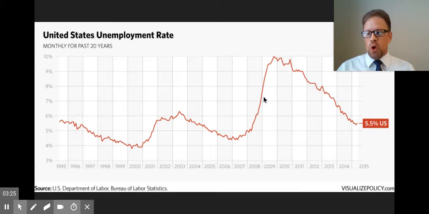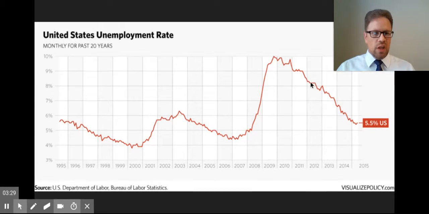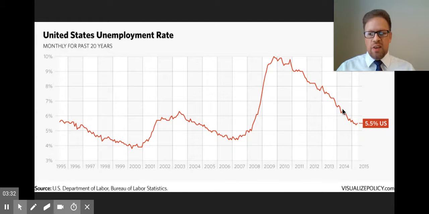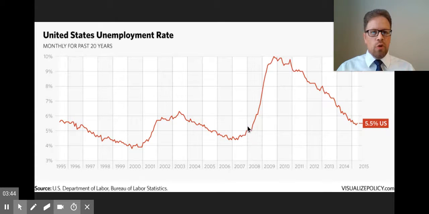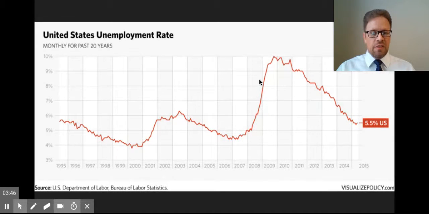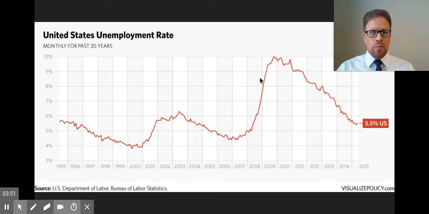Another problem with our unemployment rate is that it does not weigh part-time and full-time differently. So we see a decline in the unemployment rate here, but that doesn't tell us if these are people with full-time jobs or part-time jobs. Another issue is that it does not account for differences in the intensity with which people look for jobs. If you are in a situation where people look for jobs a lot and can't find them, in theory, that could be a much worse economy than one where people don't have jobs, but they don't try very hard either.